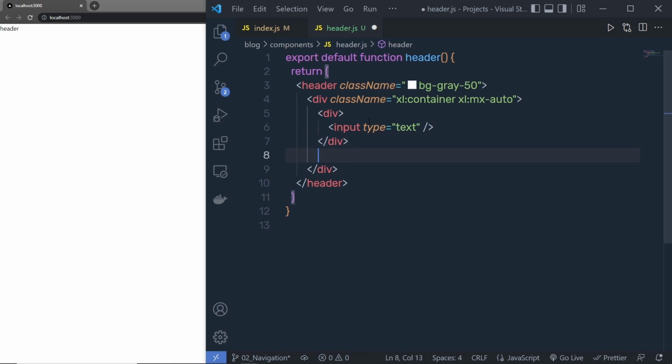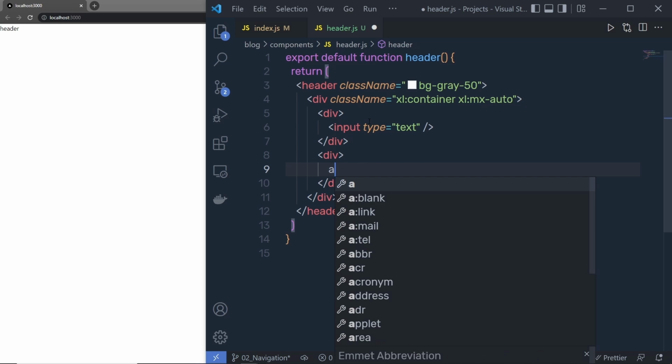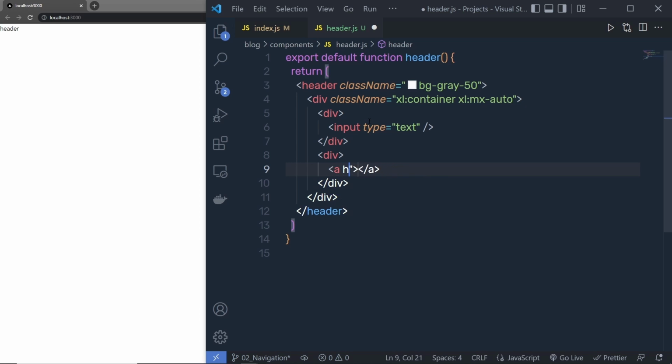Then I'm going to add again a new div, and then I'm going to add my title. So I'm going to add here an anchor tag, something like this. I'm not using href because I'm using the Link component instead of an anchor tag. And then to this anchor tag, I'm going to specify design. Just out of that, just out of this div right down here, I'm going to add another div, and then